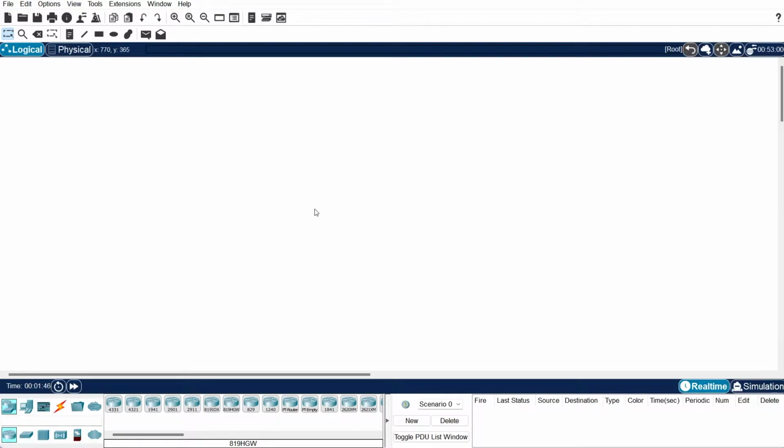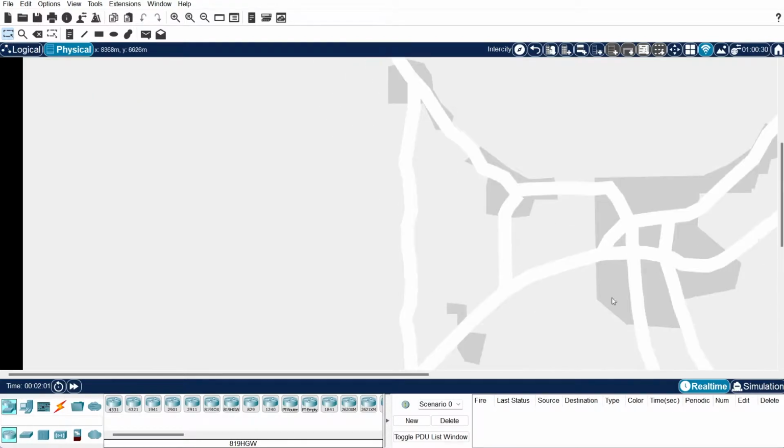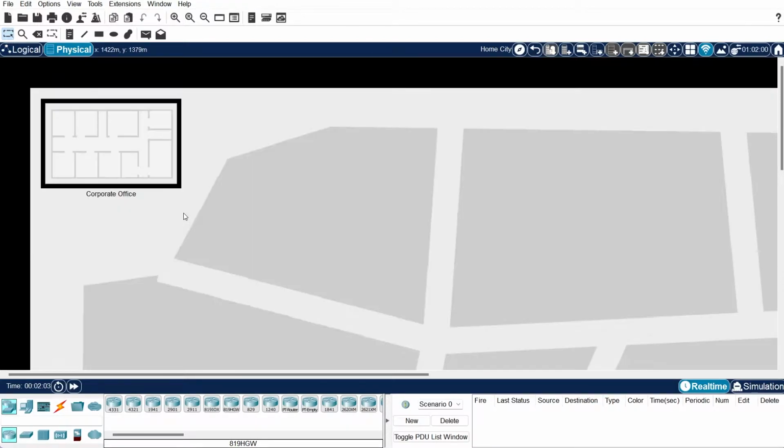So in here, this is the actual main interface of Packet Tracer. You have a couple different things. This is what we call the logical layer, this main screen. That's where we're going to do most of our work. There is a physical layer that's new with version 8, where you can actually look, this is simulating the map, the city,